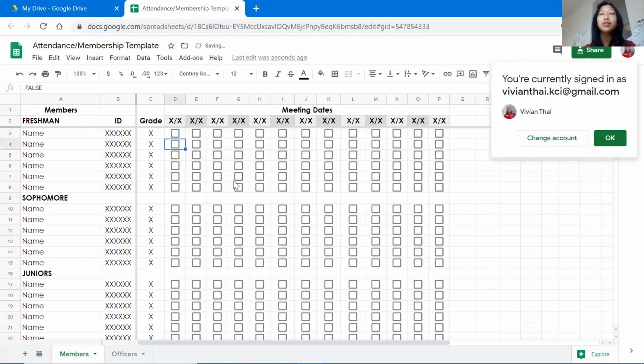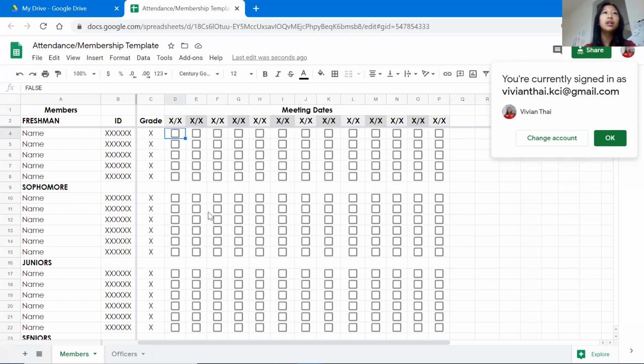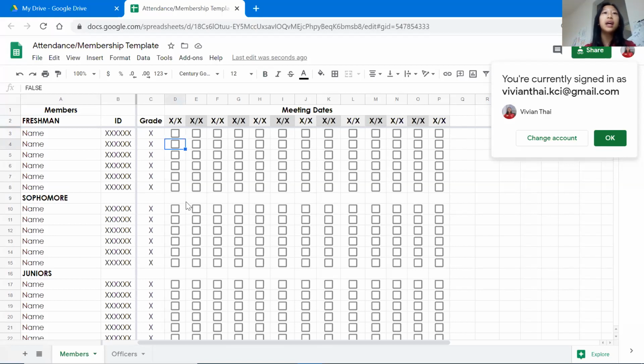And so at the end, you can see how many people didn't go. And if a member was to ask you, hey, do you know what meetings I attended this year? You could tell them exactly what meetings by looking at this row. And so this can be really helpful for attendance, but the way that I use this for membership, especially for